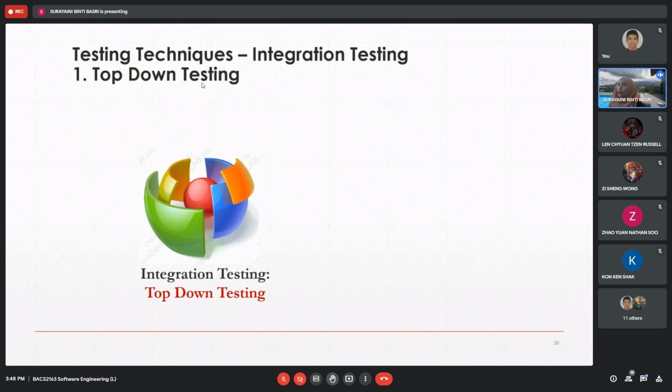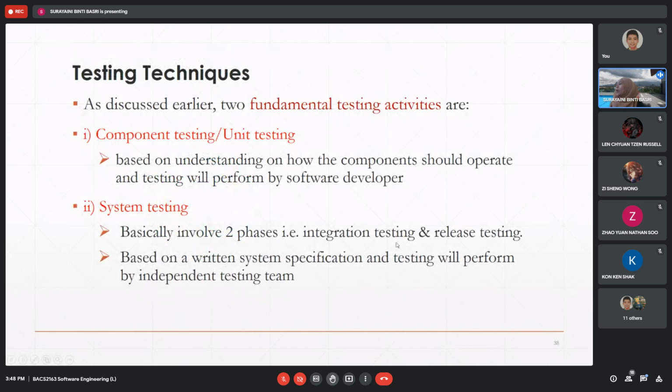We have one top down and one bottom up. I think there are three testing techniques in order to do the integration testing. Integration testing is the testing when you test the integration among each of the subsystems or the components inside the system. Okay, so in order to test the integration of each of the components inside the system, we have